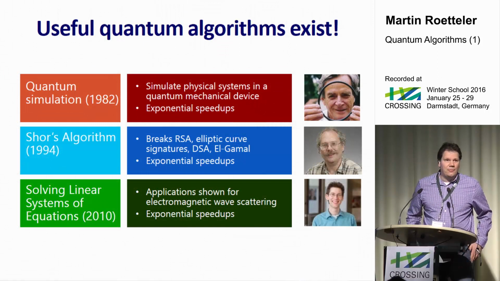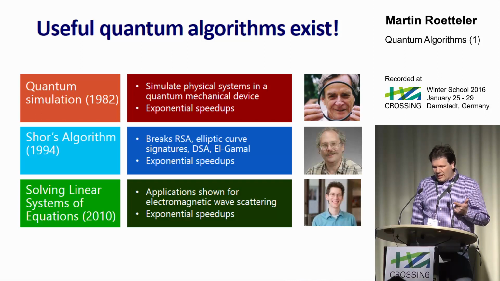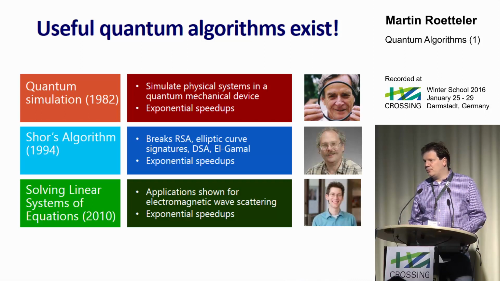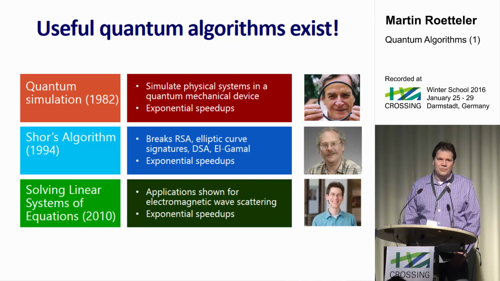We heard already yesterday from Mike Mosca that there are a lot of quantum algorithms, and he showed us some examples, the Deutsch-Jozsa algorithm and Simon's algorithm. There are algorithms that are believed to be useful for actual practical problems, and the main focus these days seems to be around simulation of quantum systems. If you ask people in the community what quantum computers are ultimately going to be useful for, many people say it's for simulation of physical systems. That's certainly a killer application, so I put it here, and that's the first reason why people came up with the idea in the first place.